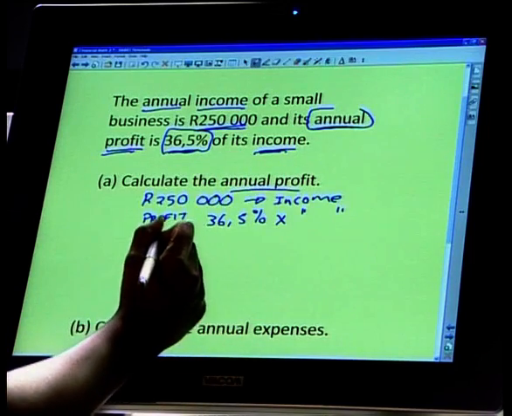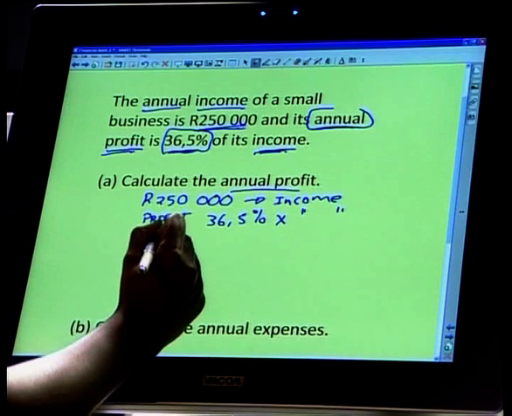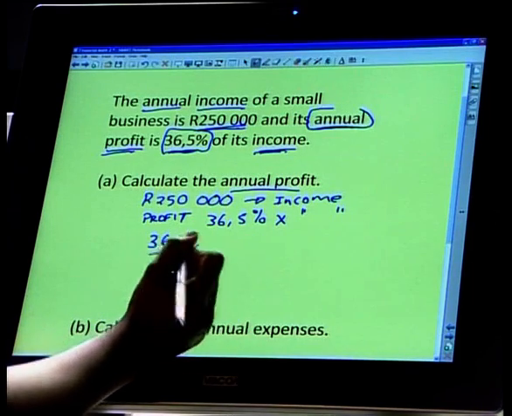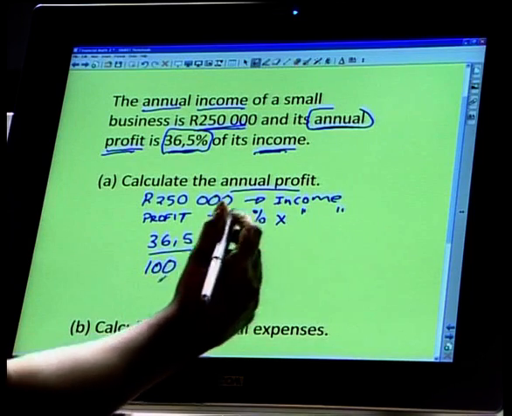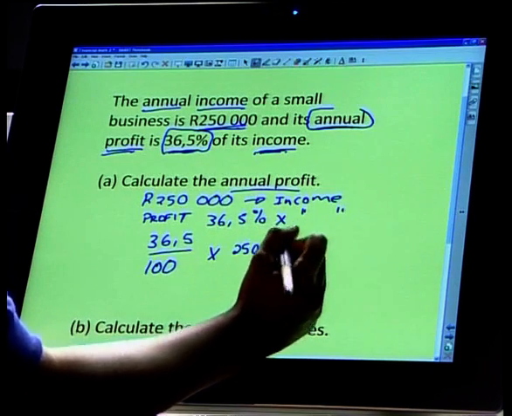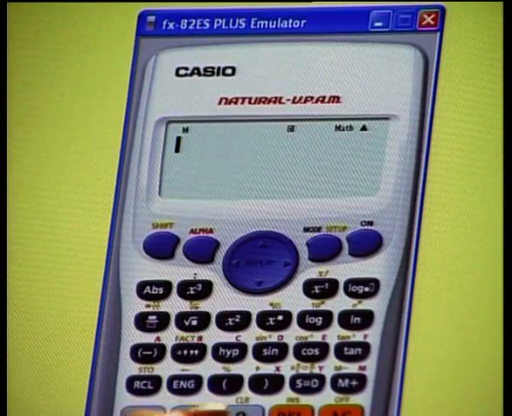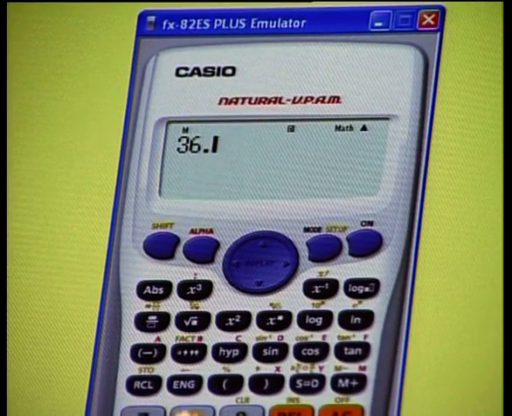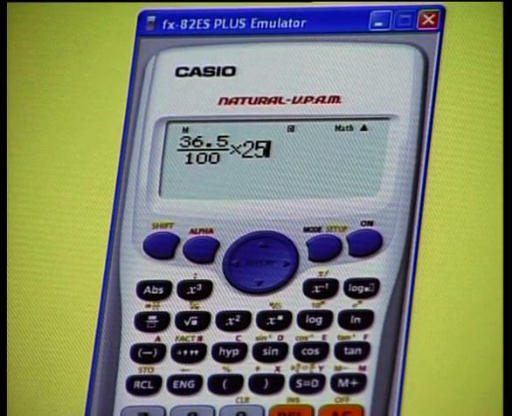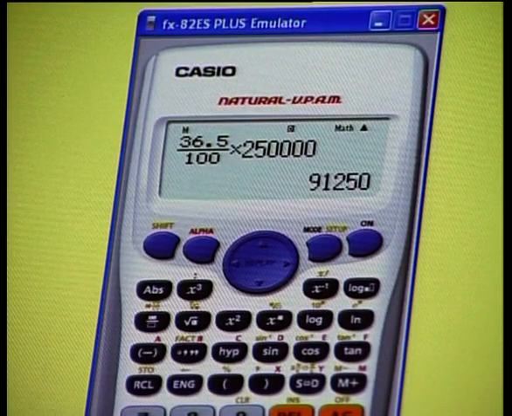and we can work out what percentage or what amount 36.5% of 250,000 is. Remember, to work out your percentage, we write it as 36.5 over 100 times 250,000. Okay, this we can't do in our head, so we have to use our calculator. So it's 36.5 over 100 times 250,000. Do I have all the zeros? Yes, and that gives me an answer of